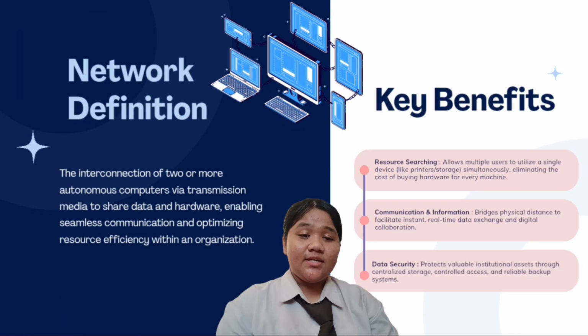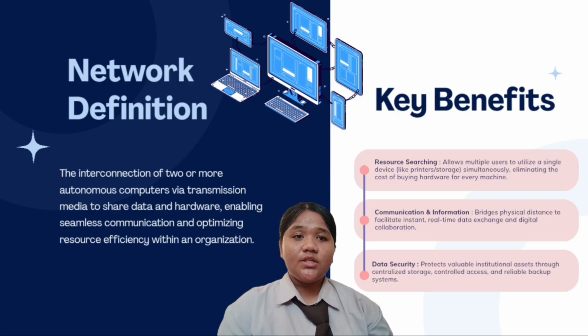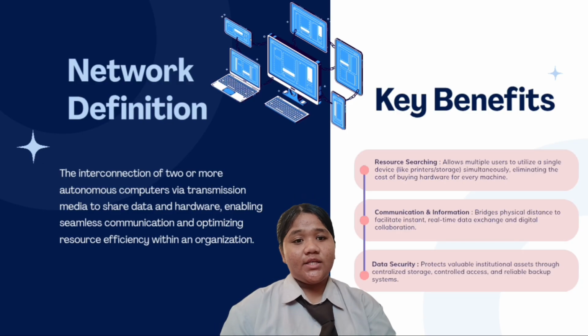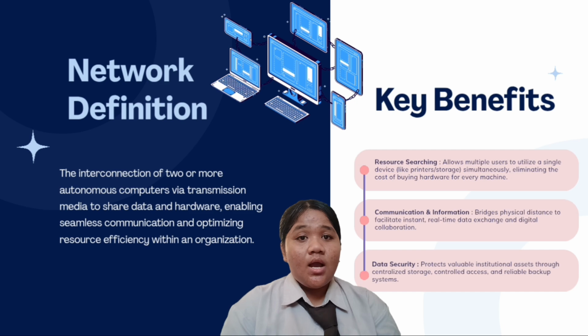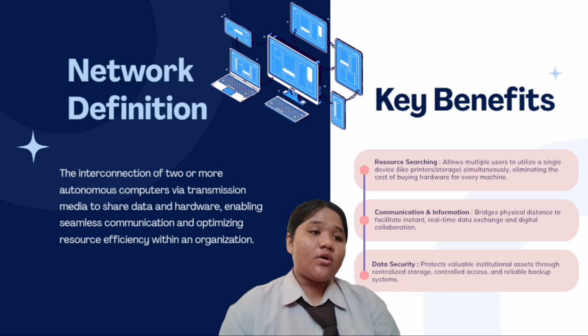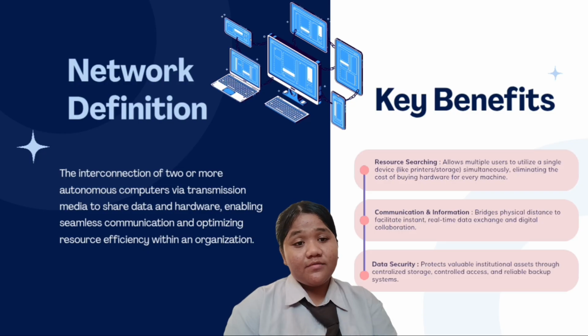Let's start with the definition. A computer network is simply when two or more devices are connected together so they can talk to each other and share things. There are three main benefits we see every day. First is resource sharing. For example, at home, if your family only has one printer, everyone can use that same printer through Wi-Fi. You don't need to buy a printer for every single person, which saves a lot of